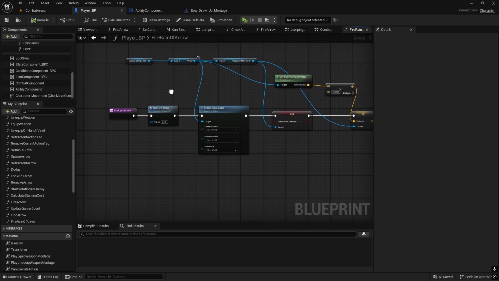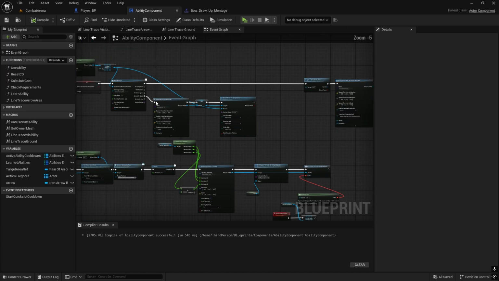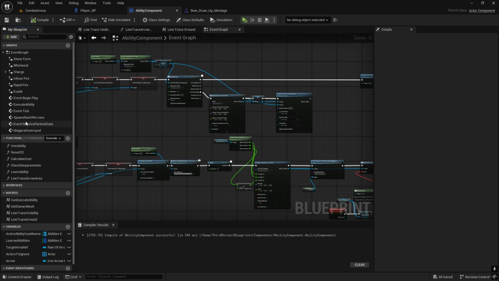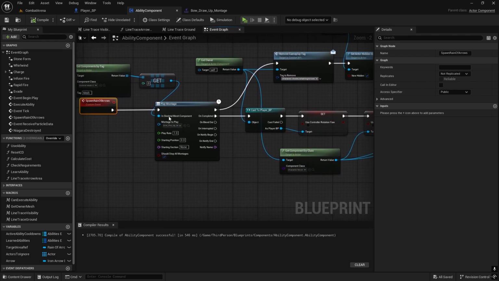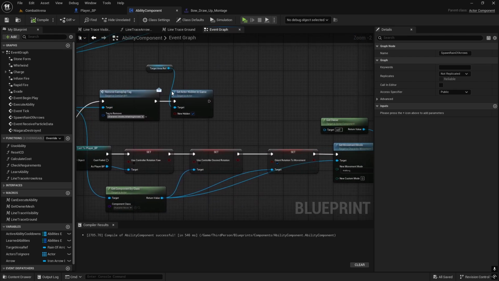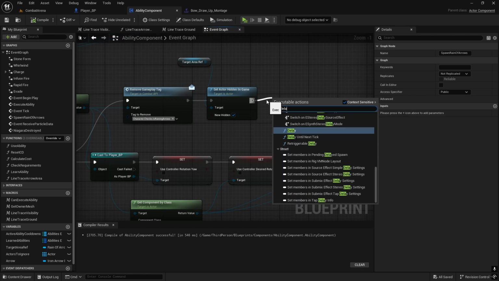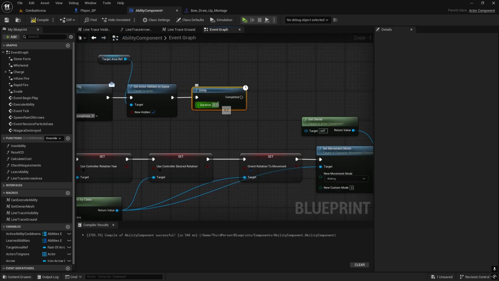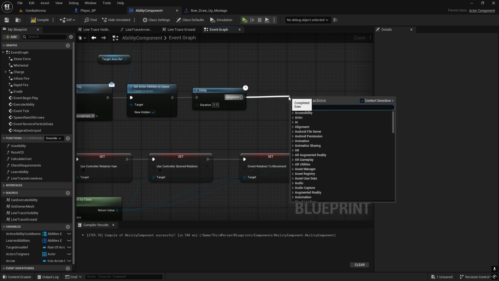So where would be the best place? In ability component, in the spawn arrow event, spawn rain of arrows, double click. So as soon as we spawn it here on the execution, we're going to do small delay. Maybe like 0.5 would be good, probably even less, just so we can see the arrow flying away, and then we destroy it so it doesn't hit anything. And on completed, we're going to